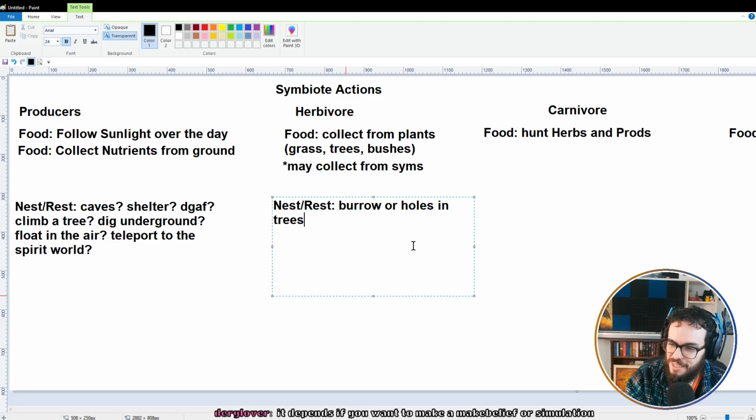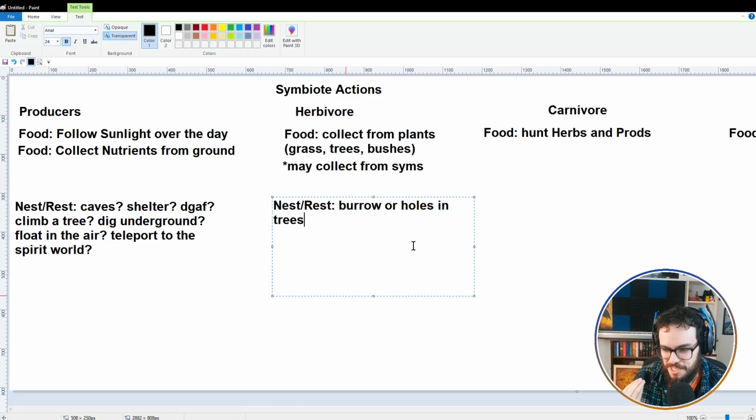Depends on if I want to make it make-believe or simulation. Yeah, I want it to be simulated as much as possible, but then I can't just simulate everything because it's going to take too long and I would need like 50 people to actually do it. I want just enough. Yeah, exactly. I'm going to cut corners wherever I can because